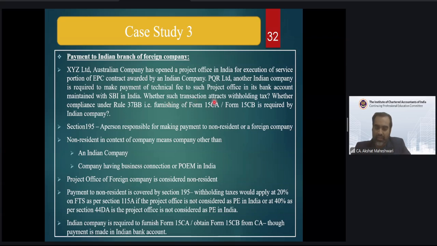Now, whether such a transaction attracts withholding tax and is compliant under Rule 37BB or not. As we understood from the previous example, the Indian branch of a foreign company is the extended limb of the foreign company itself. Once it is established that it is a PE in India, it will be deemed as a foreign company, and whatever rates are applicable to a foreign company, you have to obtain and charge. So now,